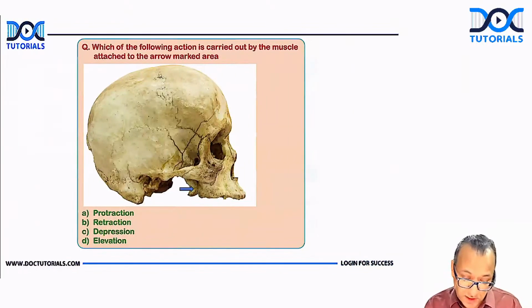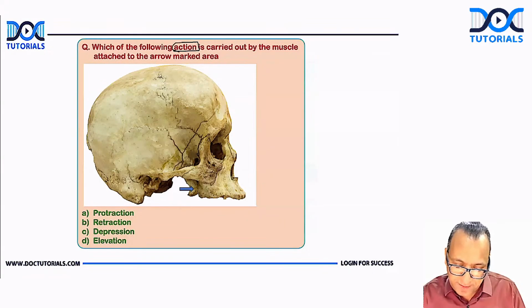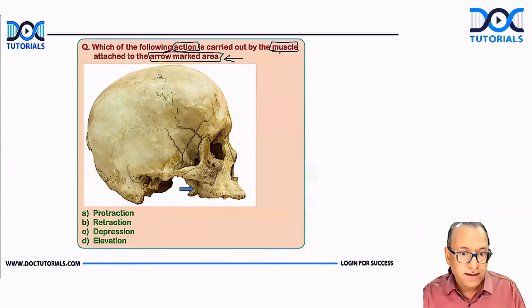That is the point. Now, this is one question which is asked, that the action to be carried out by a muscle which is attaching to the arrow marked area. Now, maybe they have,